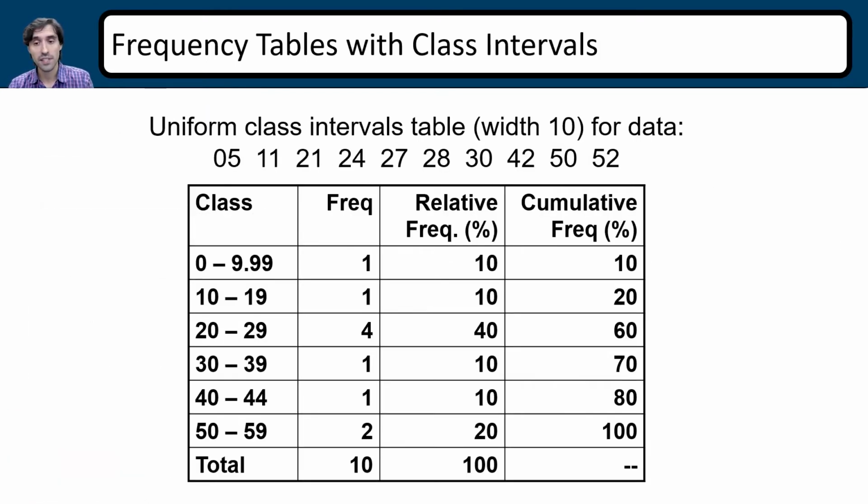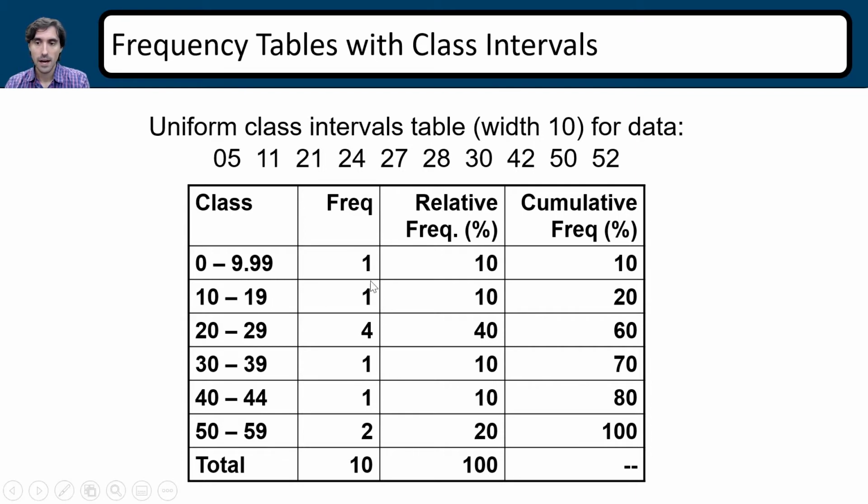Here's another example, and this is actually the example of a frequency table based on that stem plot we were looking at earlier. Remember that there was just one thing within the 0 to 10 range. Now, in order to keep everything properly divided, this goes from 0 to 9.9, that way the next class can be divided straight at 10. So it's just easier to have each class start with a 0